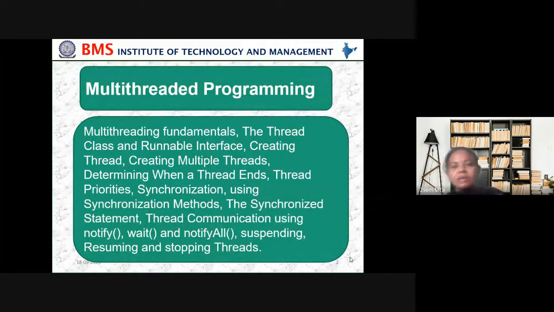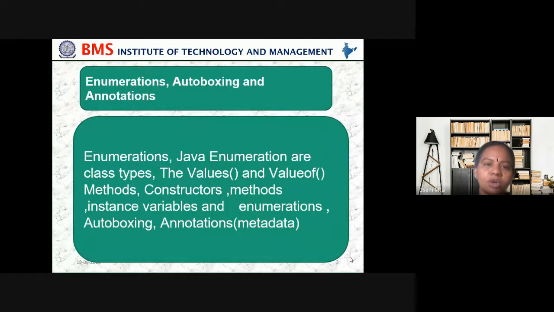In that, we'll be covering what is multi-thread, what is thread class, what is runnable interface, creating threads, how do we create, in case if we create, can we create multiple threads, then how the thread ends, what are the priorities, what is synchronization, using synchronization method, then synchronize statement, thread communication, using notify, wait, notify all, suspend, resume, and stop threading. Again, in that we have something called enumeration, autoboxing, annotations.